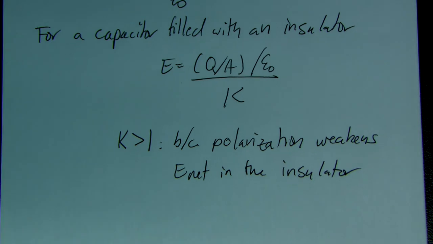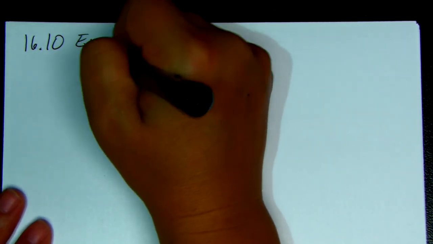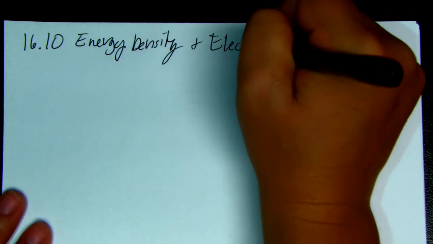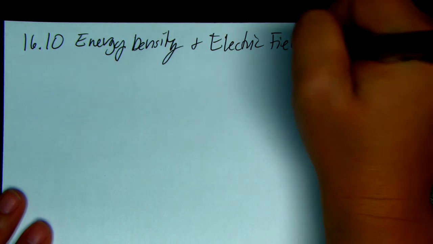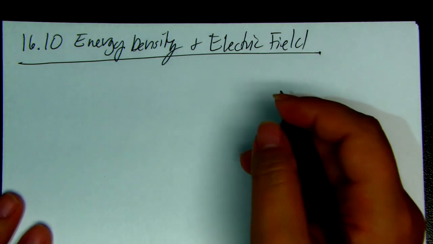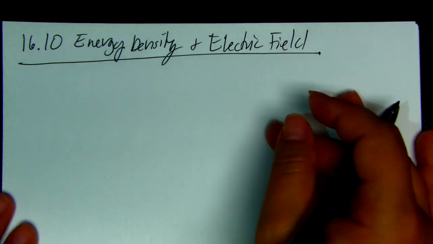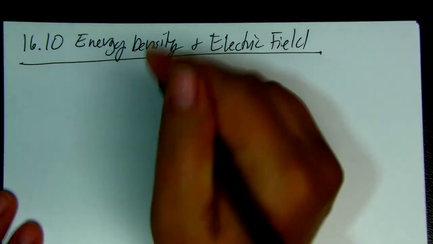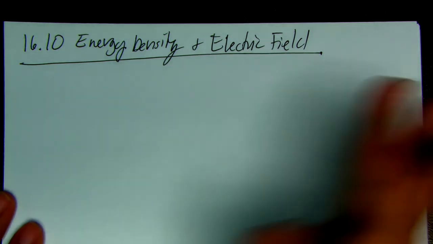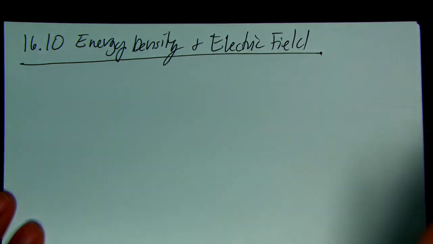Okay, so moving along, I'm going to just start a new page here into energy density, which is going to be a concept. We're going to set it up here, but we're really going to come back to it in the later chapters. So I want to give you this concept now because we can actually use capacitors to understand it, but the result that we are about to derive is general. And for now, you could either take my word for it or read ahead, or just realize that the proof of this is coming. So we've thought about electric potential energy as associated with interacting charged particles, but it can also be associated with